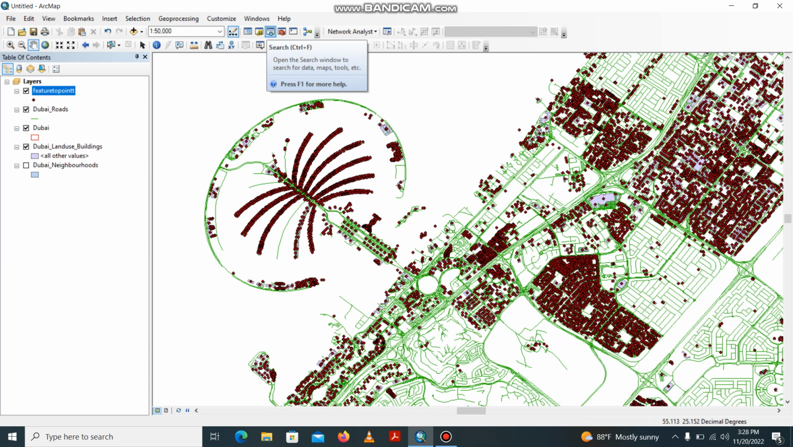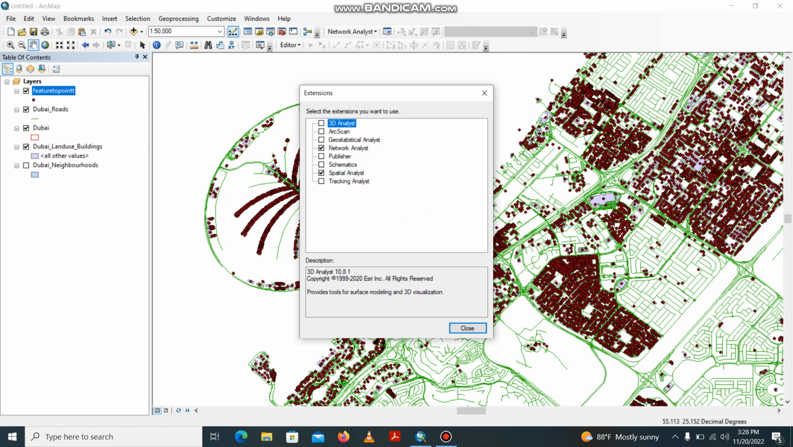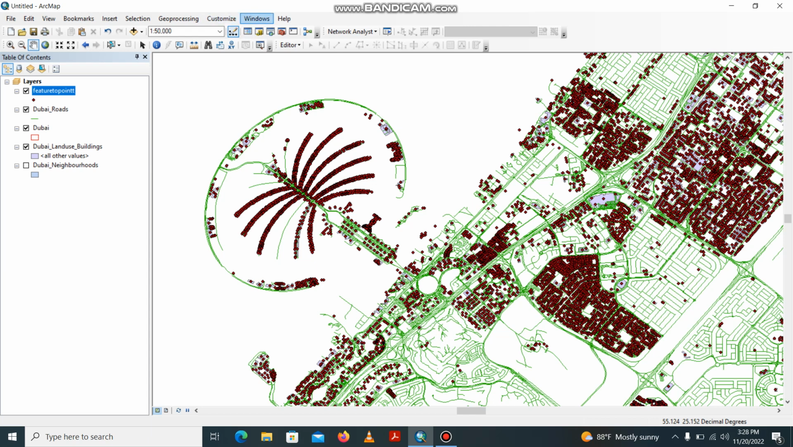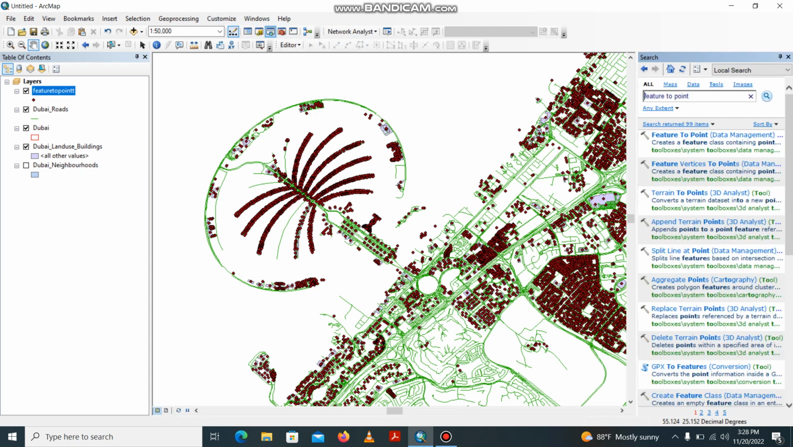But before going to this search feature, you need to go to this customize feature and you go to extensions and make sure that this spatial analyst tool is activated. If this tool is not activated, then you cannot work. So make sure it is checked. Then you go to your search column and you search for